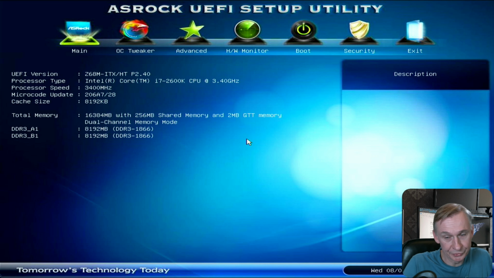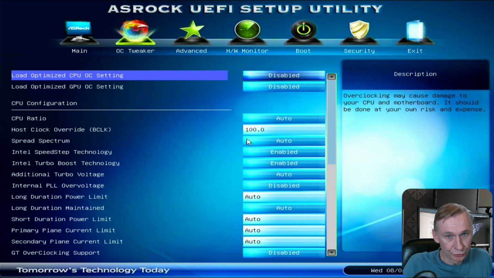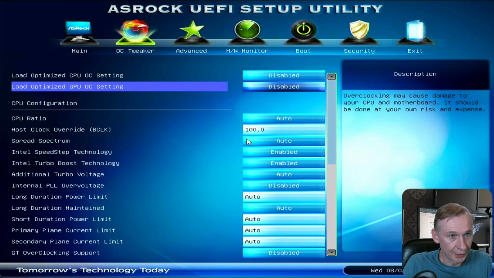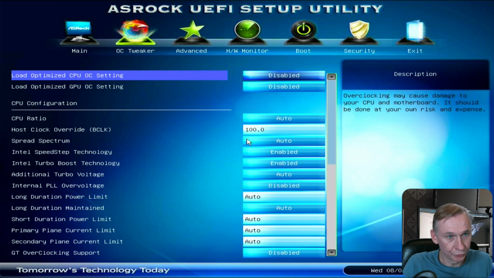Let's start. Here we are on my capture card, and I'm going to start the system up. I am going to enter the BIOS, and I will show the settings that I have changed. So in OC Tweaker, it's an ASRock motherboard, like you can see, and the Intel Turbo Boost technology is enabled, but I have disabled the load optimized CPU OC setting because when I was using it as a workstation, this was enabled, so it could go to